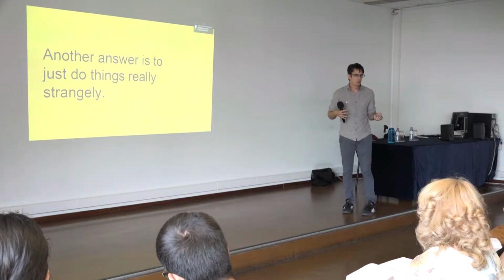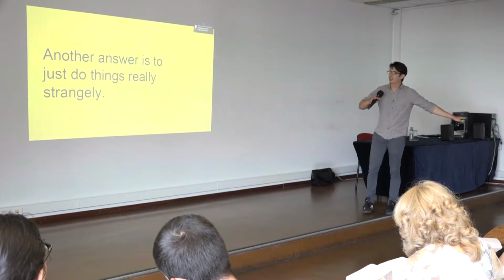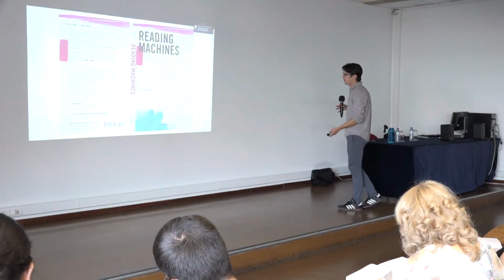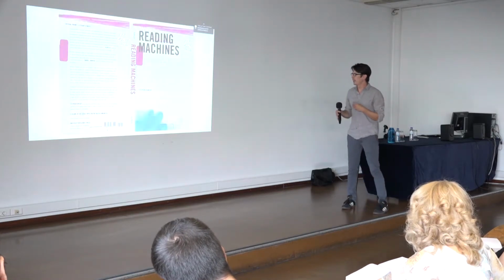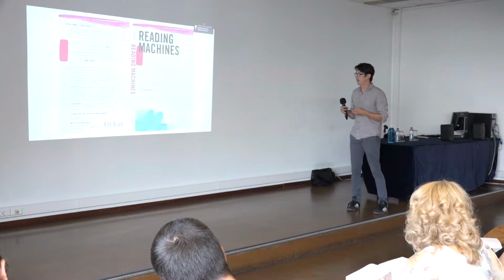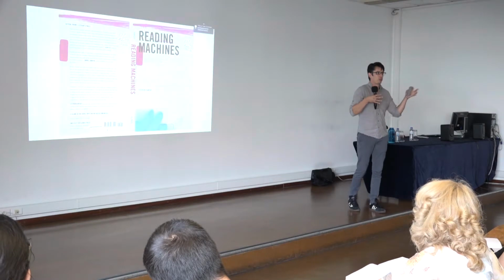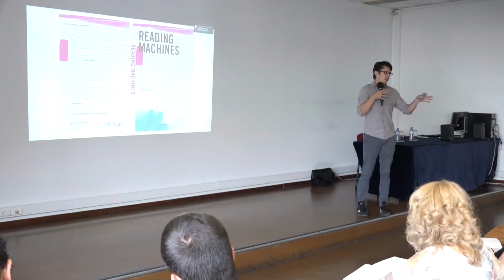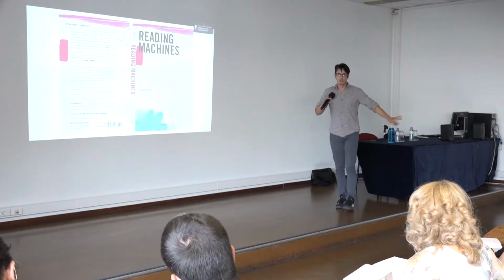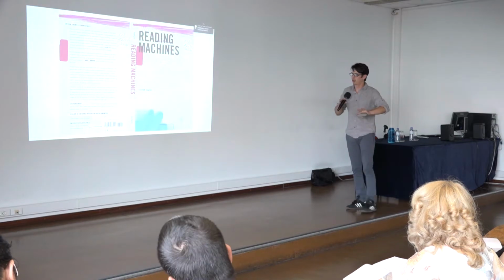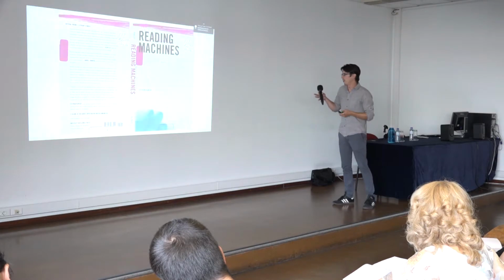Another answer that people have put forward is, let's just use these tools really strangely. Let's not adopt methodology at all. So this is Stephen Ramsey's book, Reading Machines, and he introduces this concept of deformance or screwmeneutics, or just screwy hermeneutics, where we're just going to do things to text. It's going to change text, and this is great because then we have a new perspective on text, right? This is totally don't adopt methodology from social science, from computer science. We'll just do some weird things. It's an interesting book.